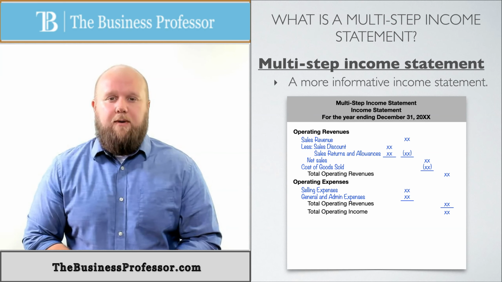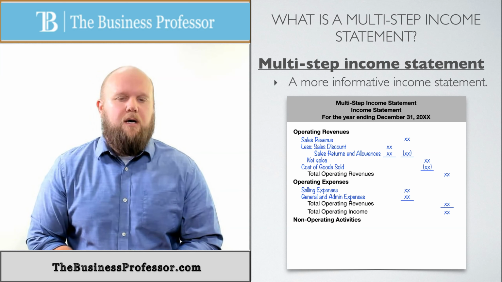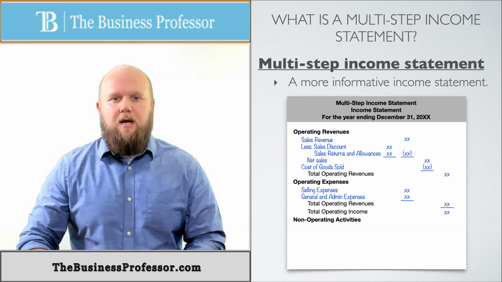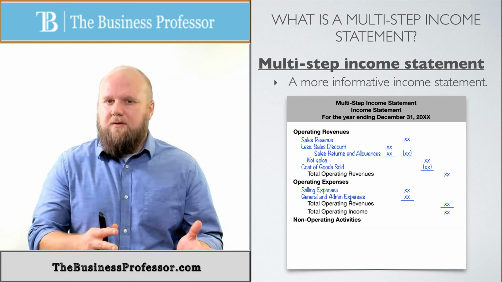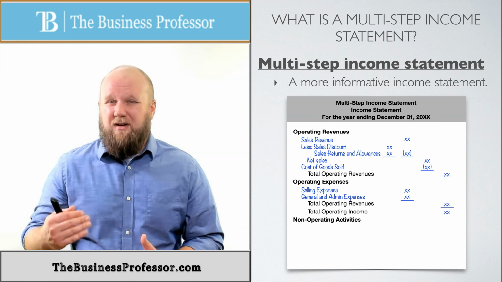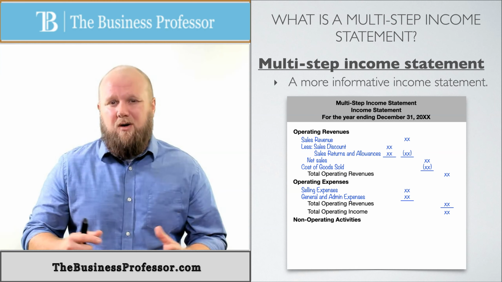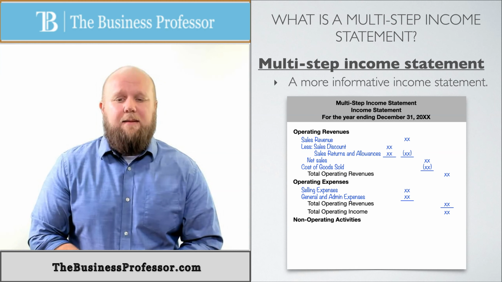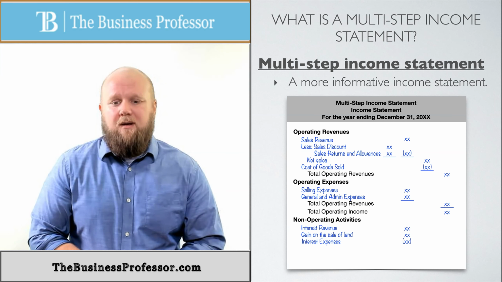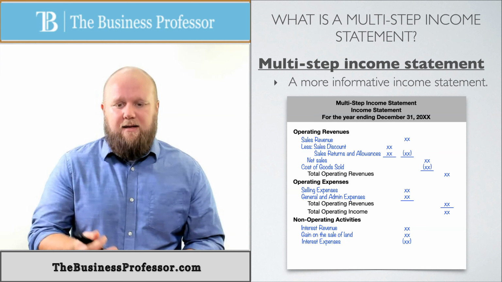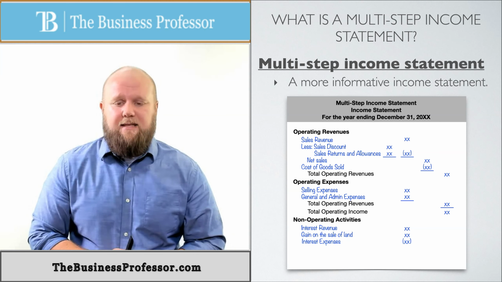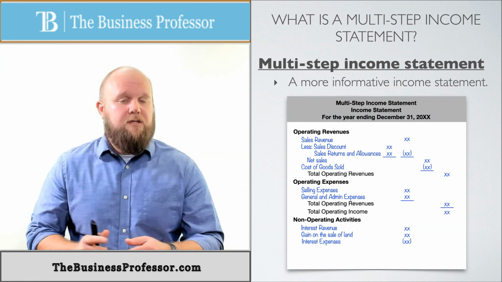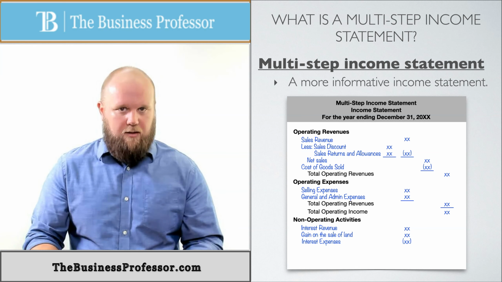Now let's look at the non-operating side. Now I do want you to notice it says non-operating activities. It doesn't say non-operating income or revenue. It doesn't say non-operating expenses, because these are few and far between. So this is not going to be a very large section. They're just going to put them all together. And as of this moment, I believe we've only talked about 4 different types of non-operating activities. I've only put 3 of them on here, but I can give you the fourth one, or you can actually guess the fourth one. But we have interest revenue goes up under non-operating activity, or interest expense as a negative number because it's coming out.